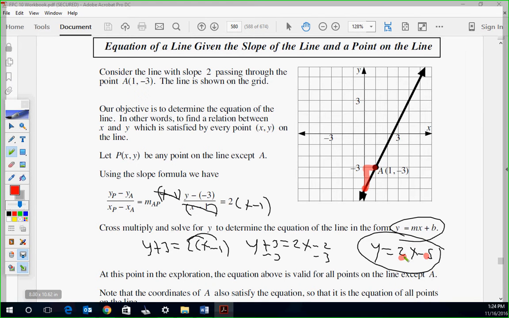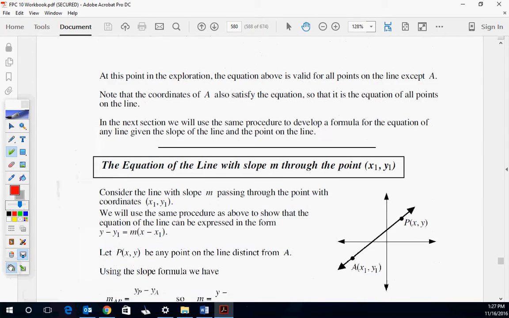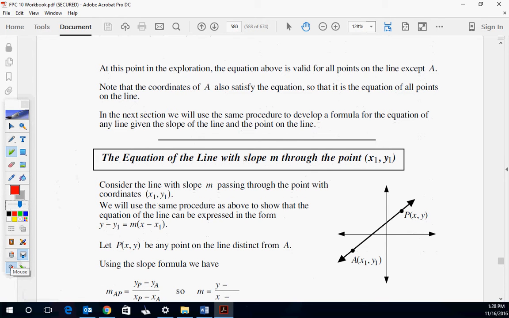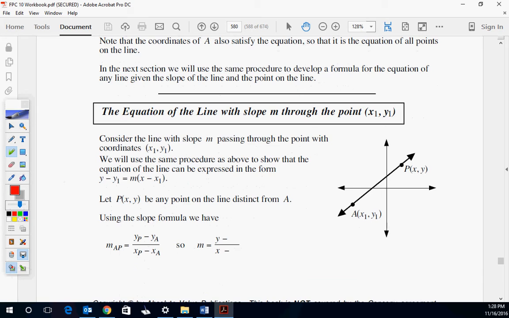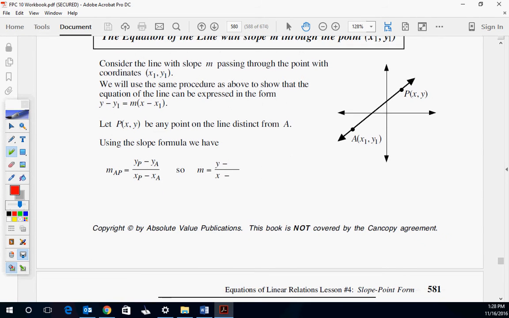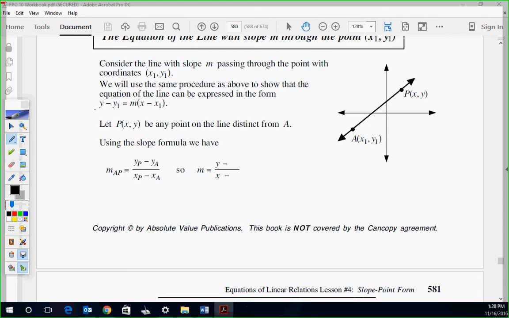So at this point in the exploration, the equation above is valid for all points of the line except A. Note the coordinates of A, and so on. Don't really need to read that to you. Okay, so let's go down here. So this is just kind of the general form. So if we're doing this, this is point slope form right here. Right there. And if we are going to do that, we would just write it simply,